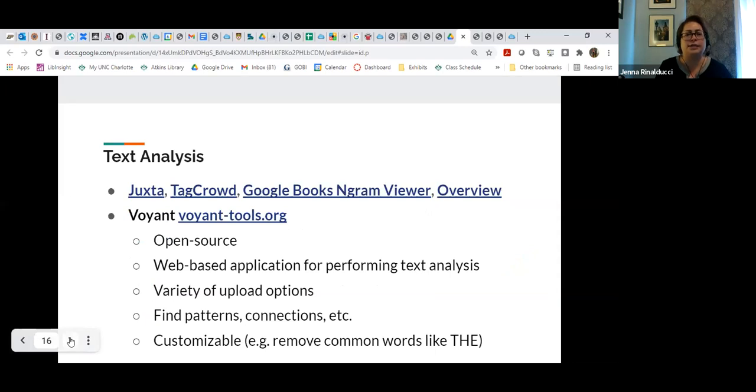In terms of text analysis or text mining as well, you do have a lot of different options that again are low entry, free, or at least a free version of them. So I've mentioned a few of them here. We won't go through all of them just because of time constraints, but these do include links. So you can see a few here, Tag Crowd, Google Books, Overview. But the one I want to focus on here is Voyant, just because there are so many options